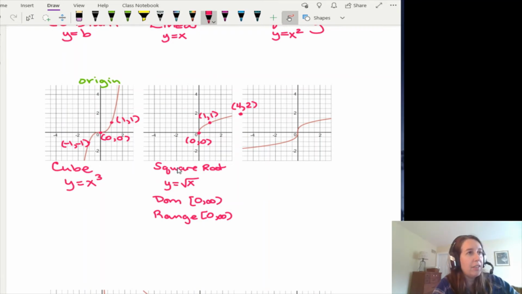And then finally, the symmetry. What kind of symmetry does this graph have? That's right, it has no symmetry. Okay. All right, so the last one on this page right here